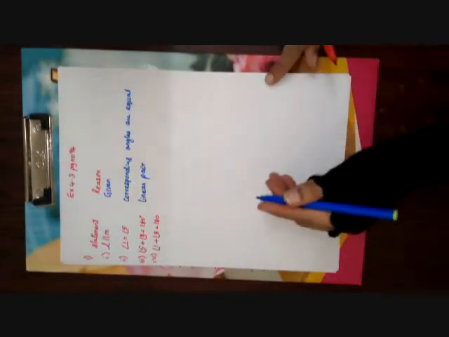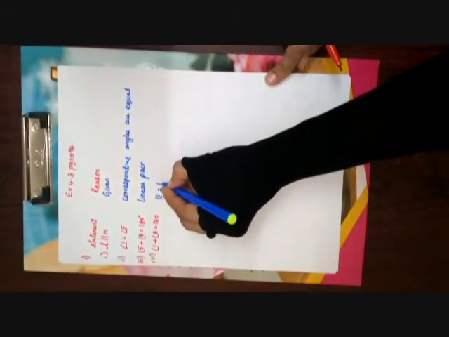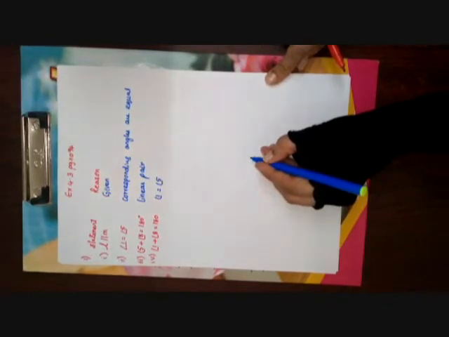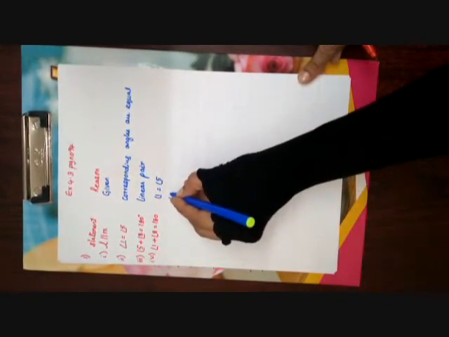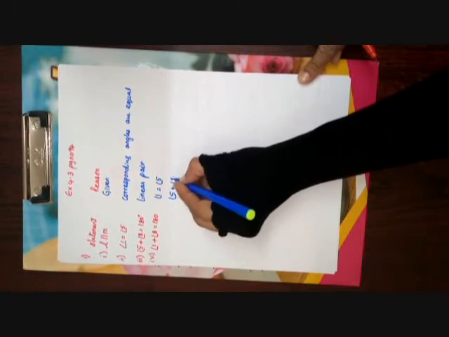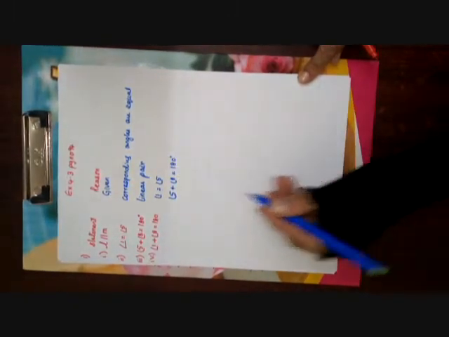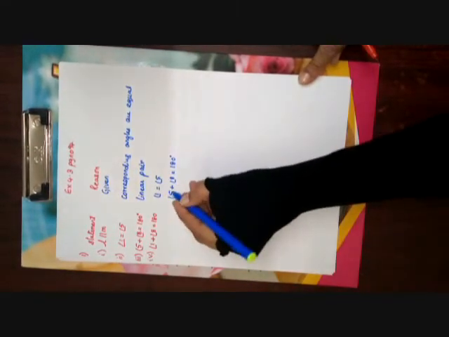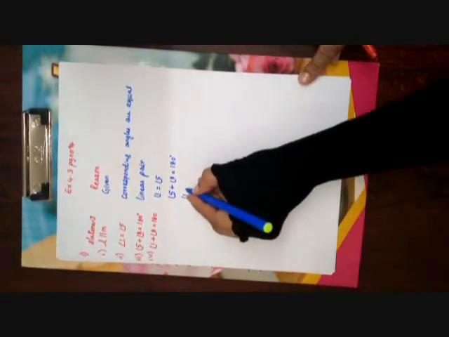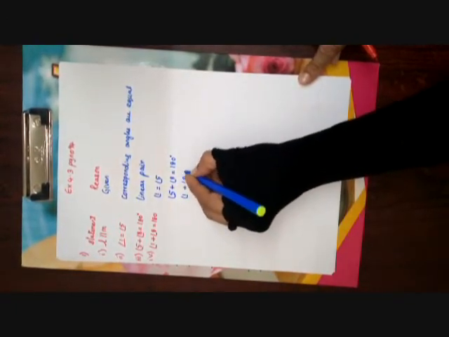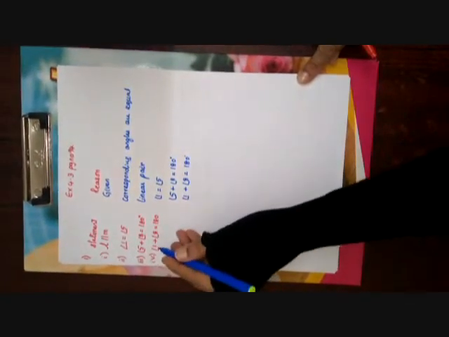The reason is, children, look here. In the second step we said angle 1 is equal to angle 5 because they are corresponding angles. And in the next step we have proved that angle 5 plus angle 8 is equal to 180 degrees because they form a linear pair. Now, because angle 1 is equal to angle 5, in place of angle 5, can I write it as angle 1? Yes. Angle 1 plus angle 8 is equal to 180 degrees. Hence, this is the reason we have written this statement.